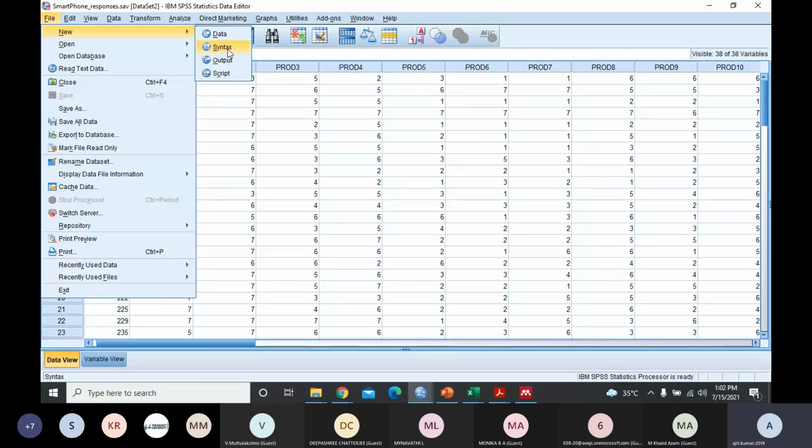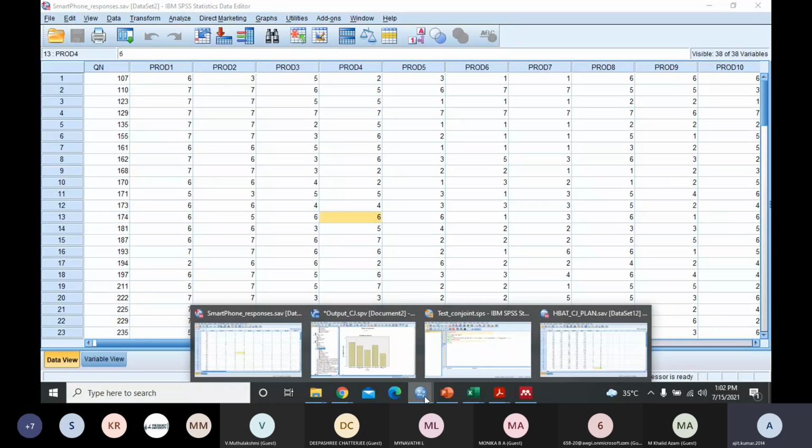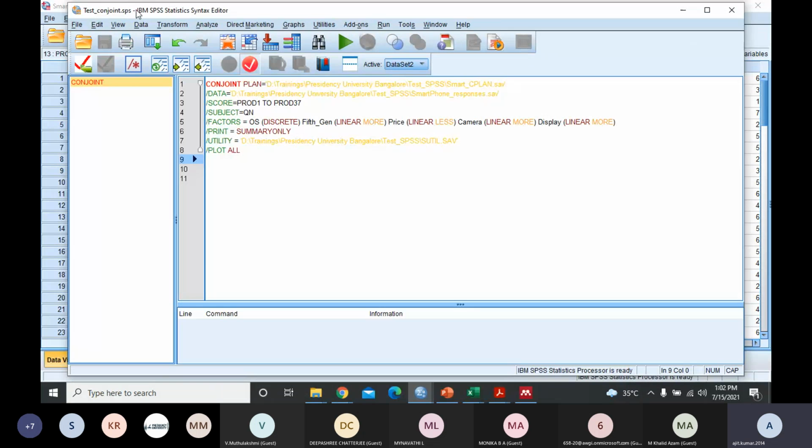The second option, not data, not output, not script, but the second one, syntax. If you click here, a syntax file will open. The syntax file looks like this, where you have an editor where you can paste your commands.